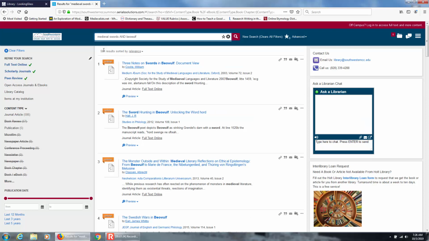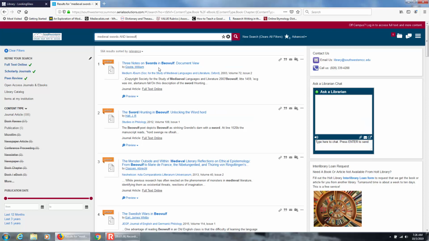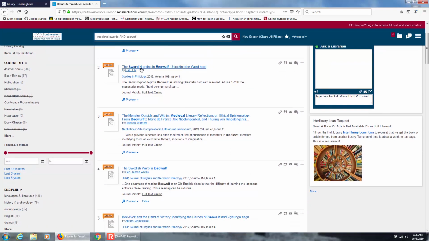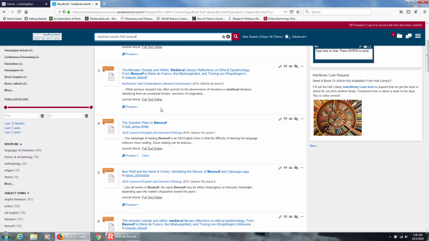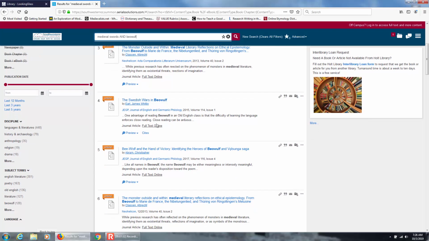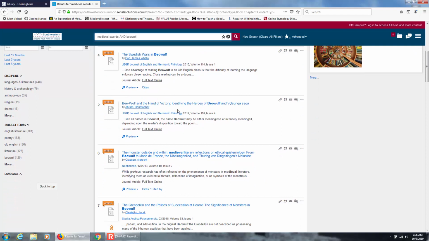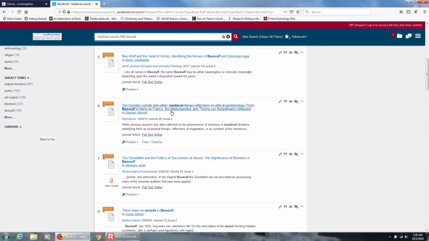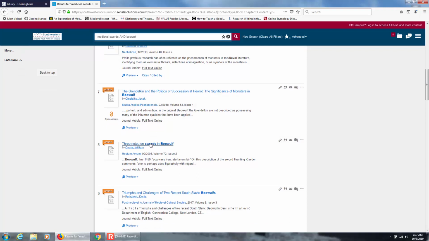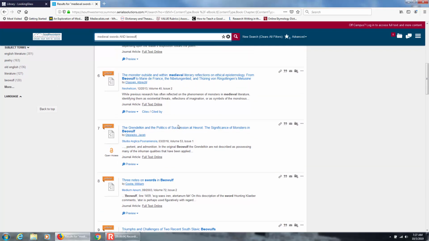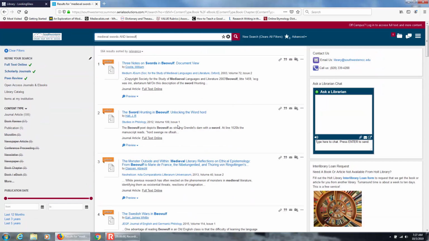All right, so we've narrowed down to 500 results. Three notes on swords and Beowulf. The sword Hrunting, that's a very important sword, by the way, in Beowulf. Let's see, the monsters, the Swedish wars, which are mentioned quite a bit in Beowulf. Identifying the heroes of Beowulf. Significance of monsters. Here we are back to the swords. So I've got a couple of sources there that may be useful to me if I were doing research on